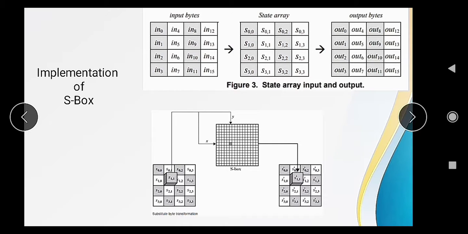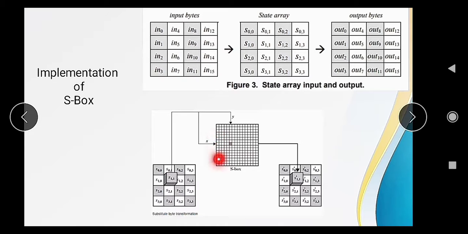Okay, implementation of the S box. So how to implement? As we have mentioned in the earlier slide, we have a matrix of 4 into 4 cells. In that matrix each cell has 8 bits of data. Out of that, the first 4 bits will be used to find out the rows.